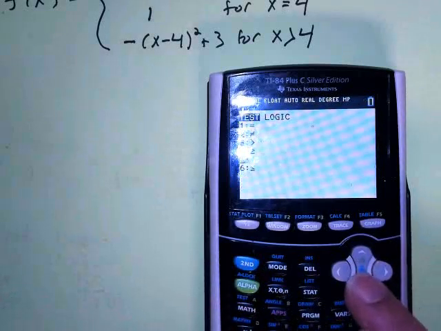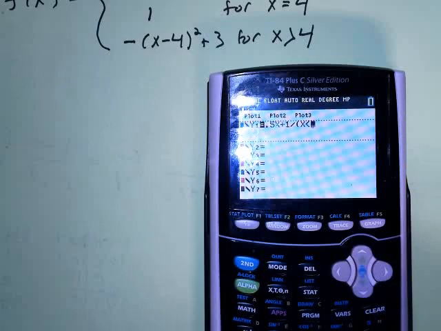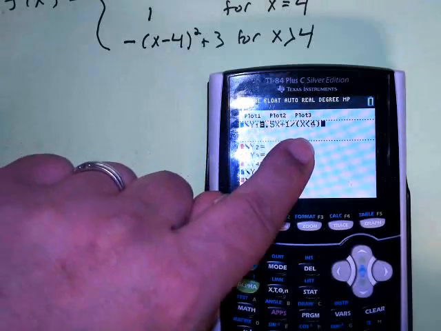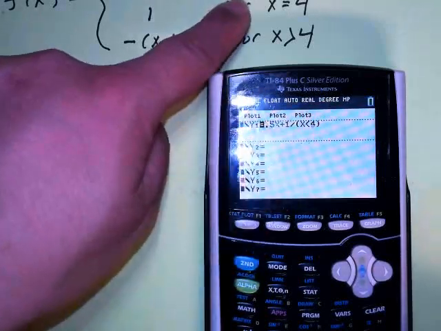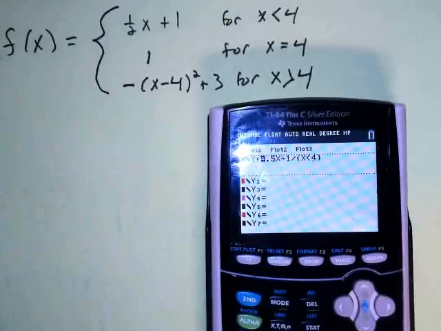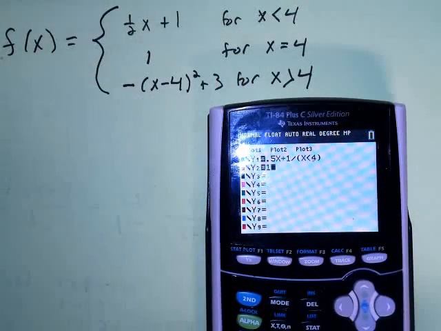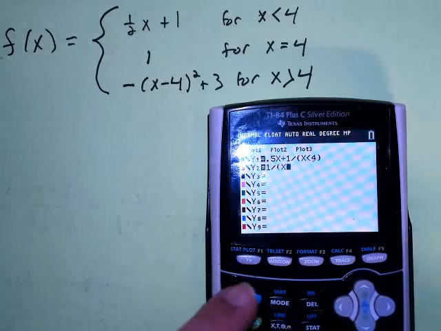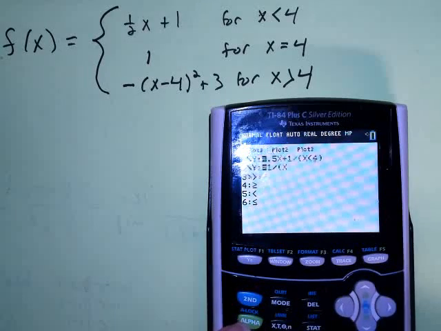And then I'm going to put in a less than sign, and then I'm going to put 4, and then in parentheses. And so that's weird. You put a division, and then you put this, and that's the interval over here. Okay? That's this. And then I'm going to say 1, 4, and then I'm going to put a division sign, and then in parentheses, I think I say x equal, so I'm going to hit second test, and say equal